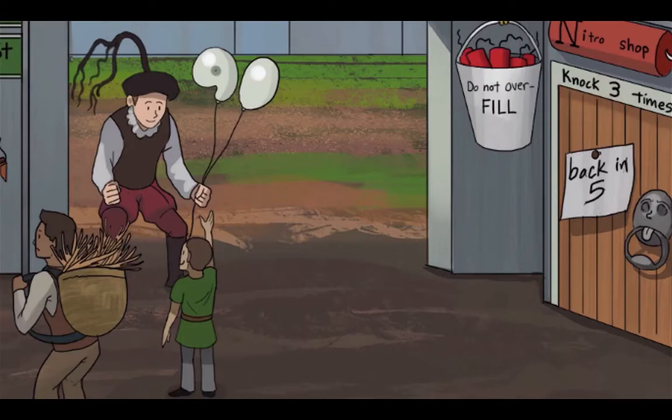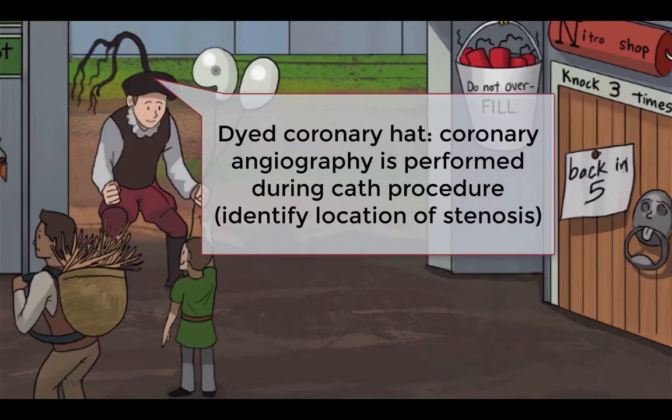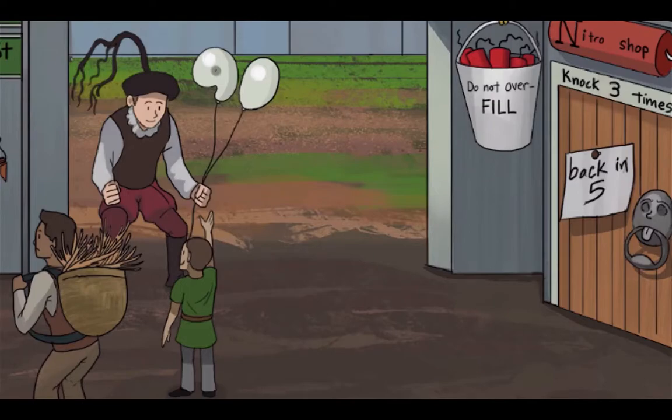It's supposed to evoke an image of contrast in the coronary arteries. Coronary angiography is used to identify a stenosed artery or arteries. Percutaneous coronary intervention, or PCI, is then performed in order to open up the vessel and restore blood flow. PCI consists of opening up the stenosed portion with a balloon, followed by placement of a stent to hold it